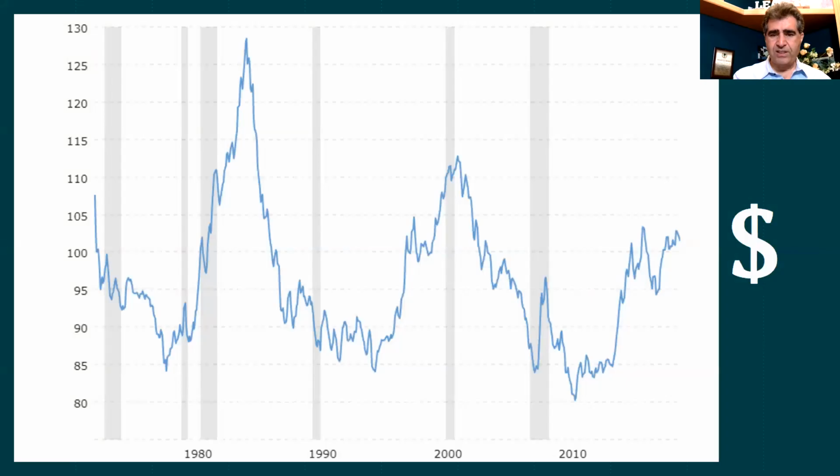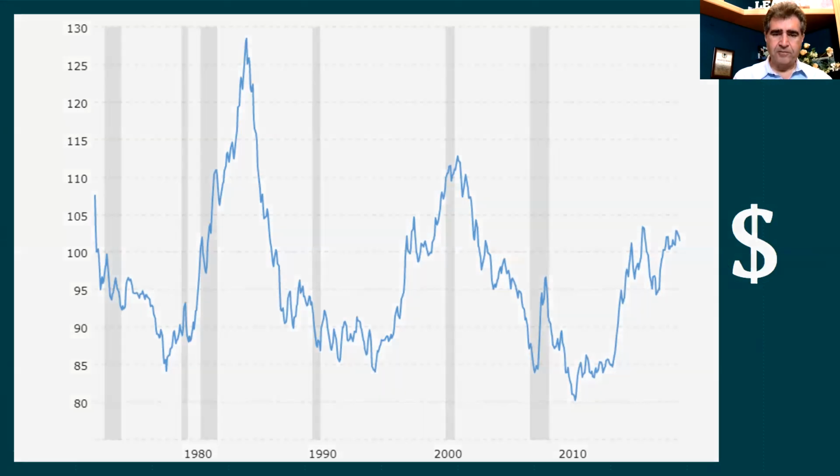I just want to show you another historical view so you can see what the dollar has done in almost the past 40 years. You can see the highs and lows, with 130 being the high of the dollar index. You could see in 2009-10 we hit the lowest in the past 40 years.